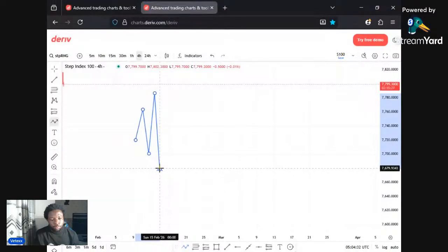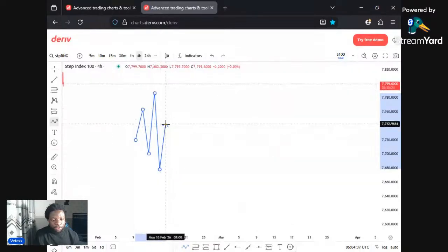Now price will still do a 50% retracement from this zone to this point. This zone here is our 50%. Price will give us our 50% retracement and then break this newly created low, giving us our second break of structure. So right now we have